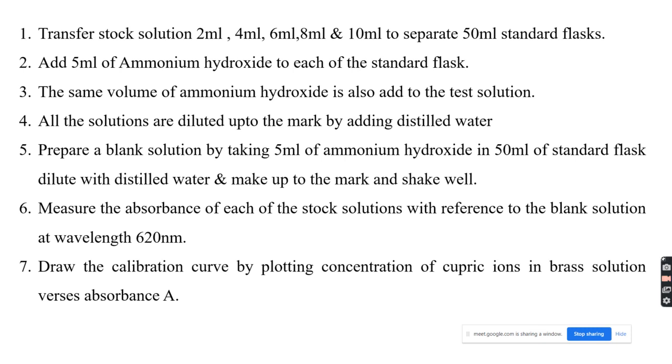Okay. So how do we conduct the experiment? We'll prepare a stock solution of brass. Then from the stock solution, we'll transfer 2, 4, 6, 8, 10 ml of brass solution into 50 ml standard flasks. We will take around 6 to 7 standard flasks. This is not an RB flask, I'll take it as a standard flask. We'll introduce 2 ml, 4 ml, 6 ml, 8 ml and 10 ml of Cu2+ ion solution